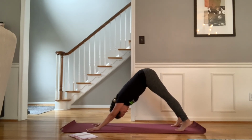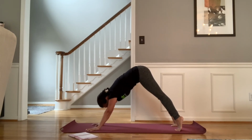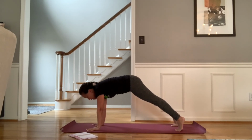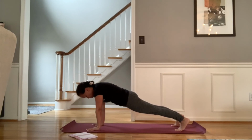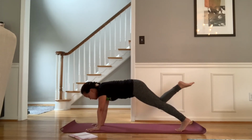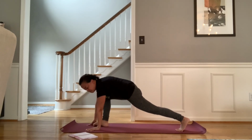On your next inhale, come up to your toes, round out your back just like in cat-cow. Come forward into a plank. You're in a high plank. Hold it right there. Beautiful. Deep inhale, right leg comes up, bending that knee, bringing the right leg between the fingertips, adjust it if